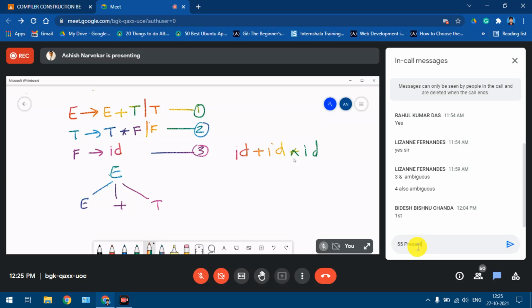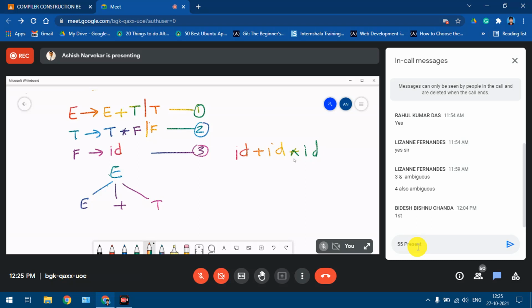Now, since this is to be done, it implies that plus has lower precedence, so it has to be placed at a higher level. So what I did is I chose the production which has a higher precedence operator in it and placed it at this particular level. Now, the next thing I want to do over here is